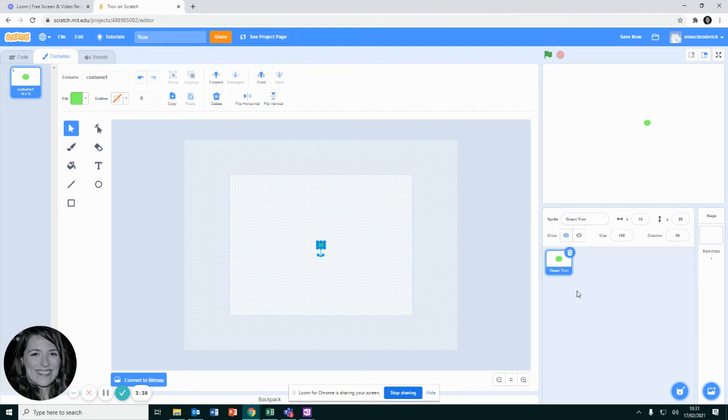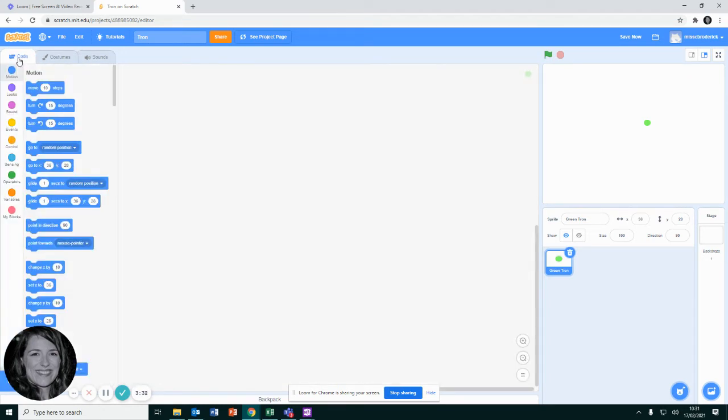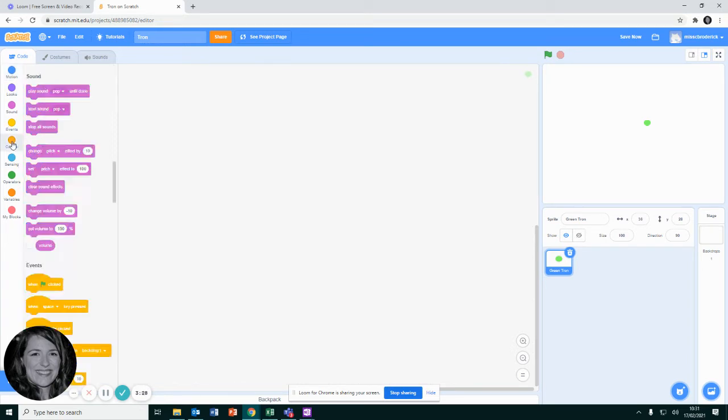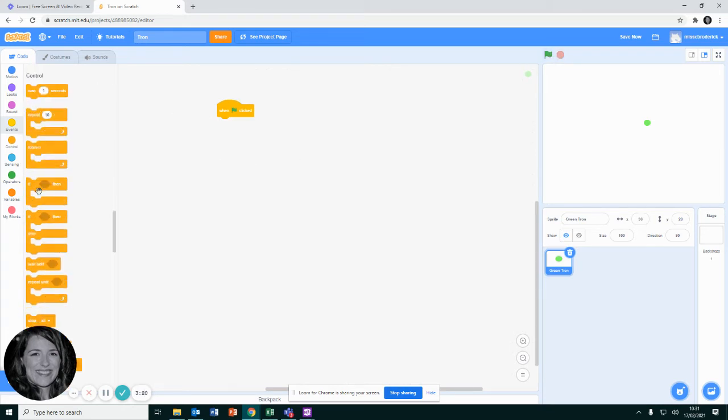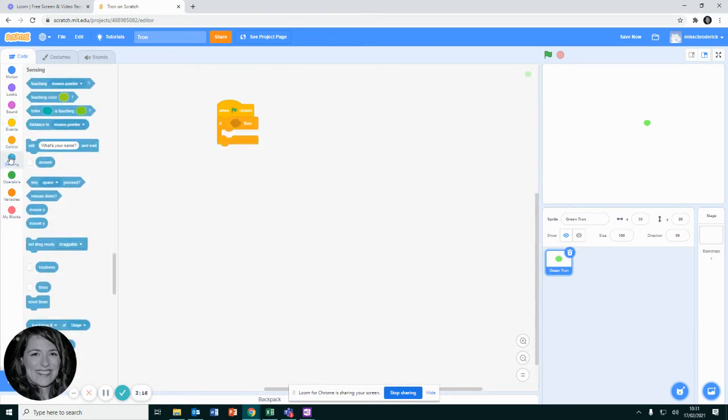Okay. So what we now need to do is get this moving. So if you look up here, I'm going back to code. And what we want is when the green flag is clicked, which means start the game, and that's the green flag there. When the green flag is clicked, what we want to do is if the up arrow is pressed, so we're going to sense something, and if you look down here, you've got key, if